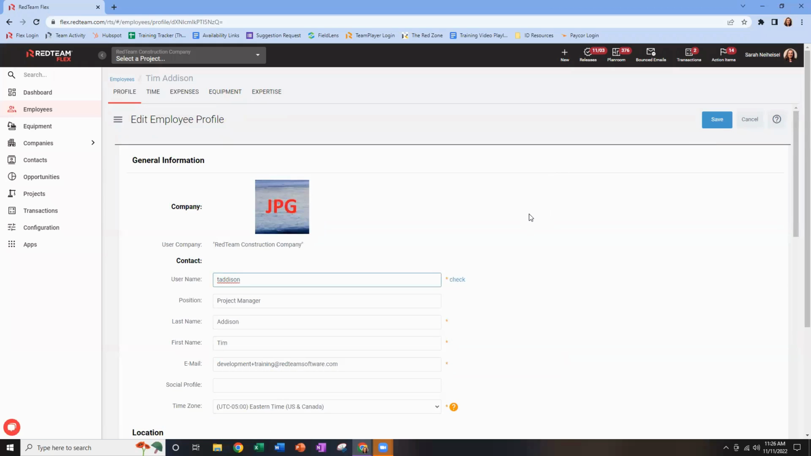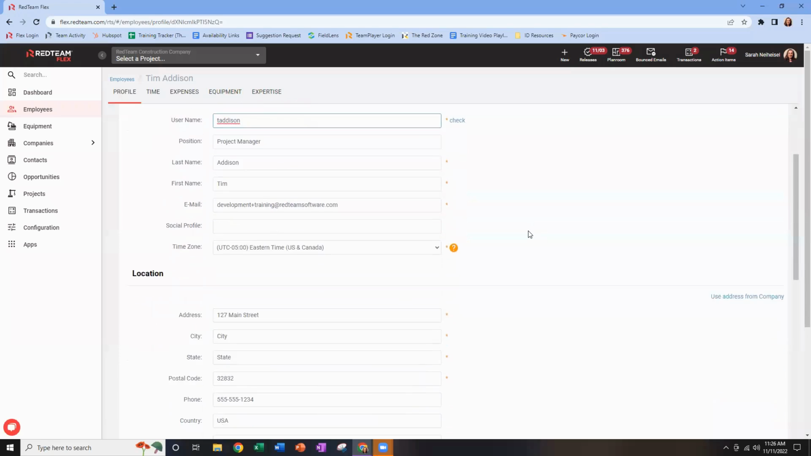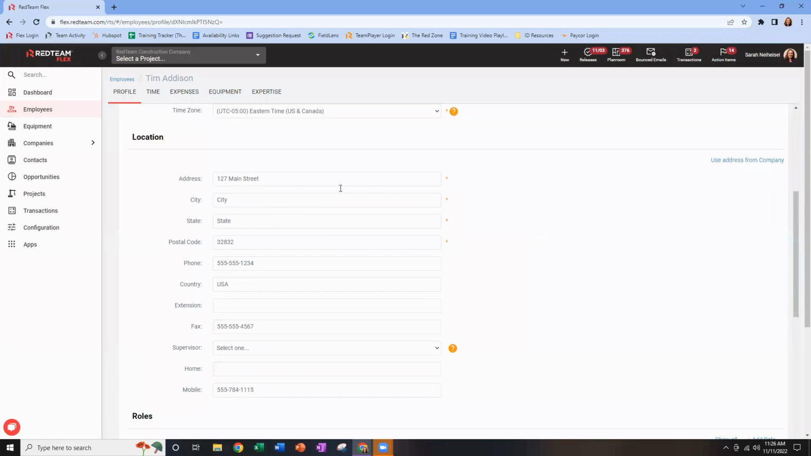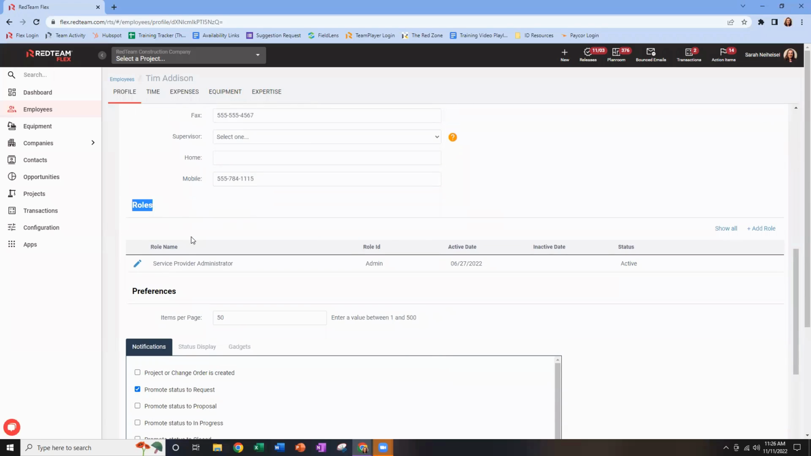And that's going to allow me to scroll through all of his profile information, and I can make changes to username and password, basic contact information, and his work location. I can edit his role, which is dictating his permissions within RedTeam. So you can see Tim is a service provider administrator, which means he has the top level of permissions, but